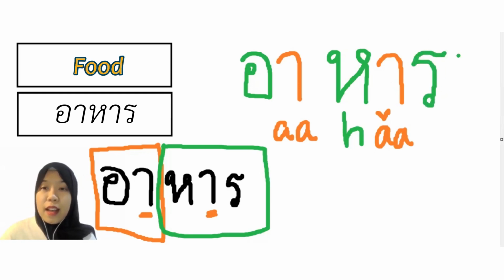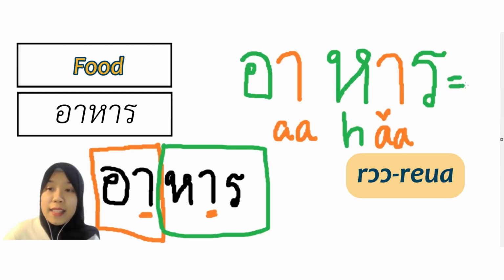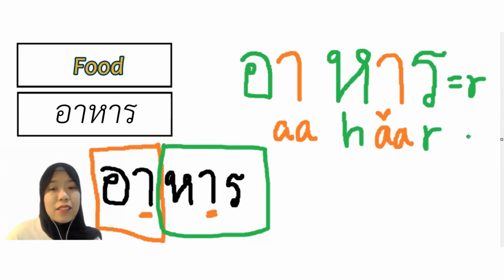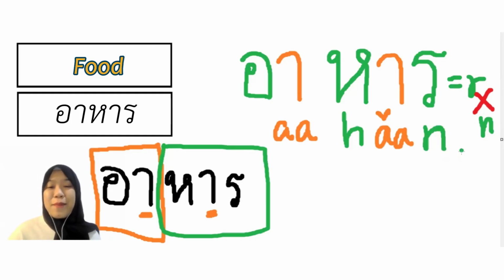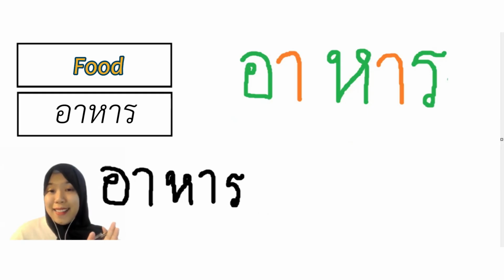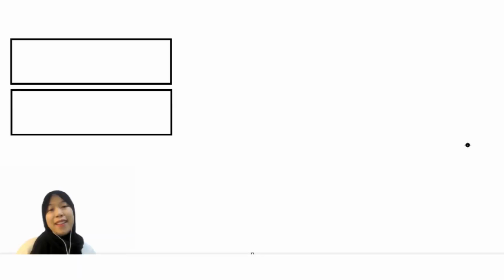Okay. Now this guy is called รอเรือ and it's the R sound. R. So it's supposed to be ahar, right? However, it's a rule in Thai language that whenever a syllable ends with รอเรือ, the R becomes N sound. So it's actually han instead of har. Okay, because in Thai, we never have any words that is pronounced r at the end. So when you see a Thai word that ends with this letter, it always becomes n sound. Okay, let's read again. อาหาร อาหาร